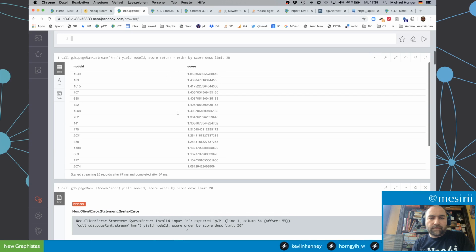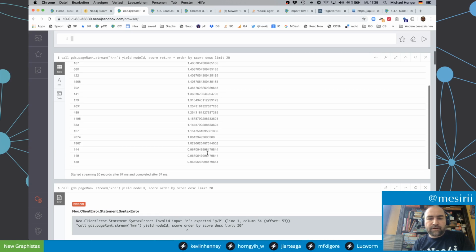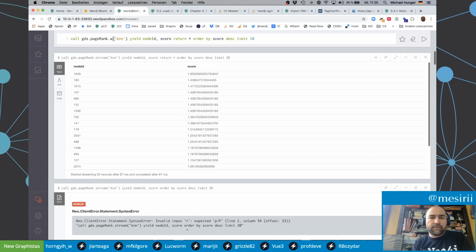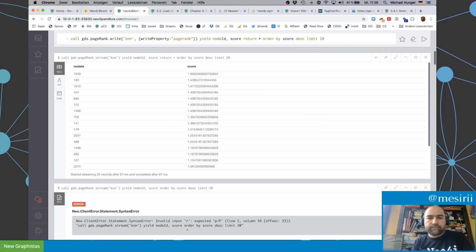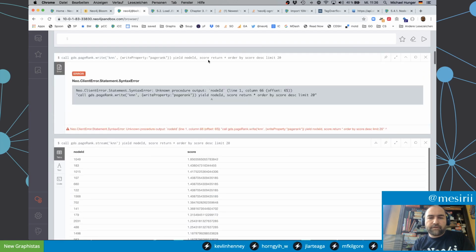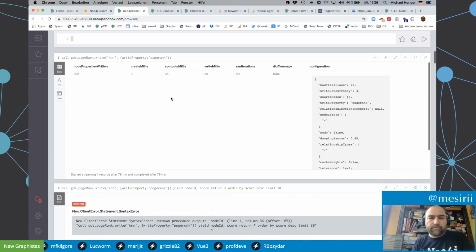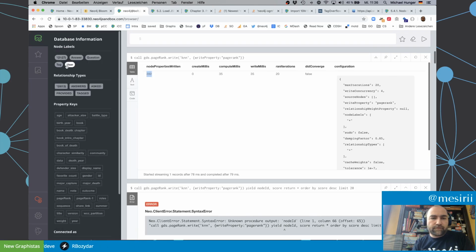So we see that some nodes have a really higher PageRank in their clusters than others. So what we could do now is to say we want to write this back to the nodes, and say the write property is PageRank, and it has of course different yield things. So we just remove this stuff, and this writes back 392 properties. So we have now on our tags, when we look at the tag,